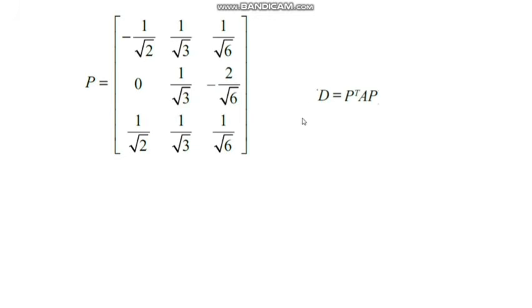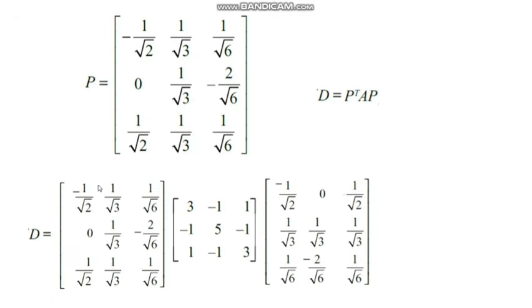To get the diagonal matrix, we have P transpose A P, where P is the normalized model matrix and A is the given matrix of the quadratic form. Why have we considered P transpose A P? Generally we have a real symmetric matrix, and all eigenvectors are pairwise orthogonal, so P is an orthogonal matrix, and P inverse equals P transpose. Finding the inverse of a matrix is more tedious than the transpose, which is why we select D as P transpose A P. So we consider the diagonal matrix as P transpose A times P.